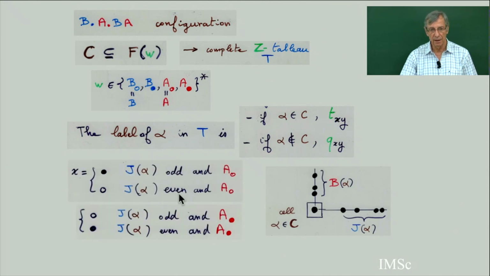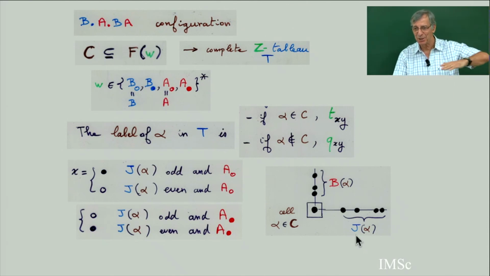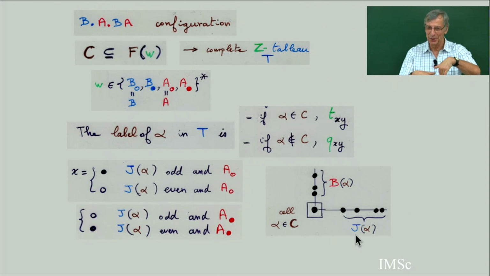And X and Y are defined by this. So just take any cell in the Ferrers diagram. I define B of alpha to be all the points of the configuration which are above this sequence of points. I define G of alpha to be all these points here. B and G are from the Adriano Garcia notation. B is the bras, the arm, and G is la jambe, the leg, and there is also co-arm and co-leg. So this is a French notation.